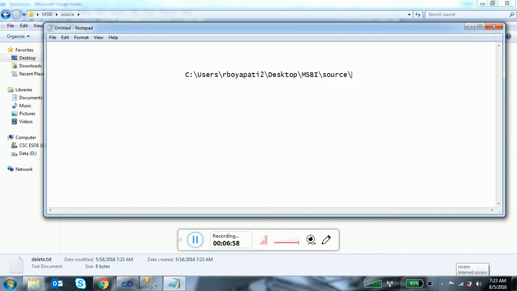So delete.txt is the location of the file, and you have to keep it inside the double quotes. After zipping this file, in which location do you want to keep it? I want to keep this file in the destination folder under the D folder. I am going to keep it here, in this particular folder. So you have to give that path here.